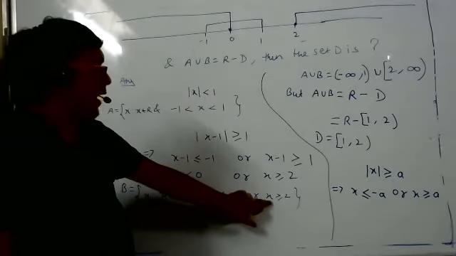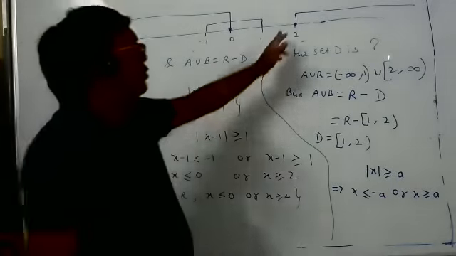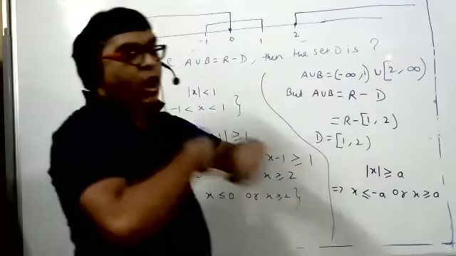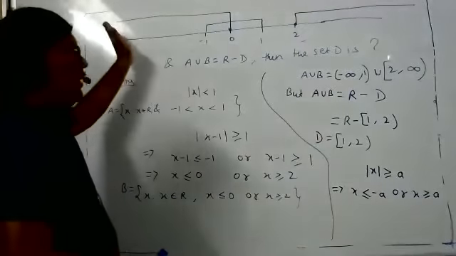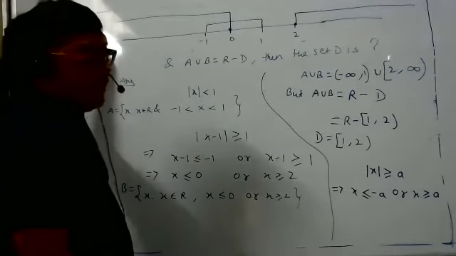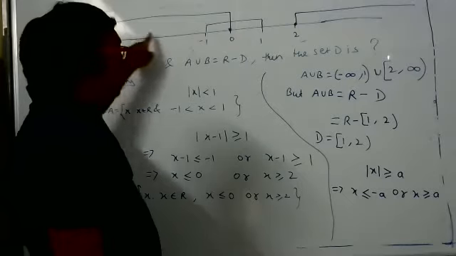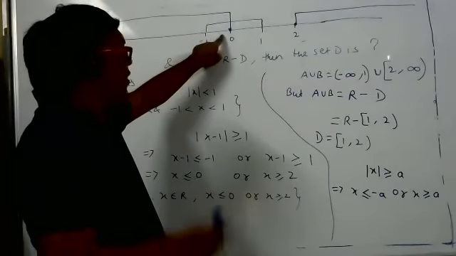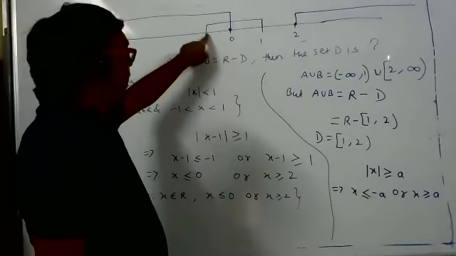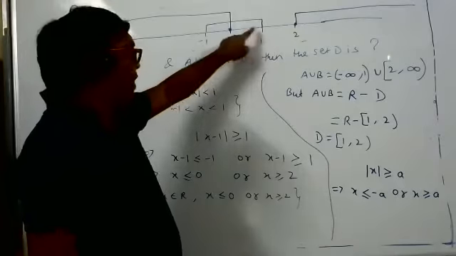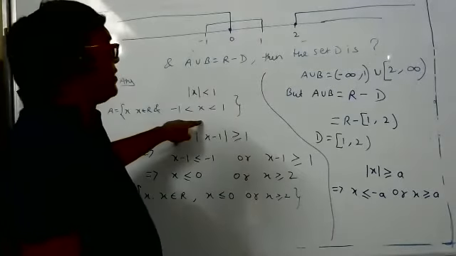Then what is x? X is more than or equal to 2. So from 2 I started and more than 2. Union means all the real numbers which are indicated in the number line I have to consider. So what do I have to consider? I have to start from minus infinity till minus 1. But after minus 1 also I have to consider. Now union means everything we have to consider. Minus 1, 0 till 1 also we have to consider. Correct? Now 1 is coming in set A, so that we have to consider now.